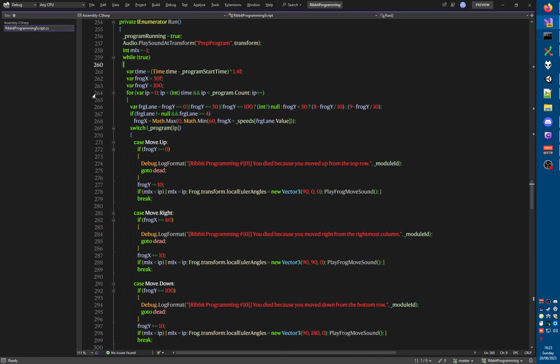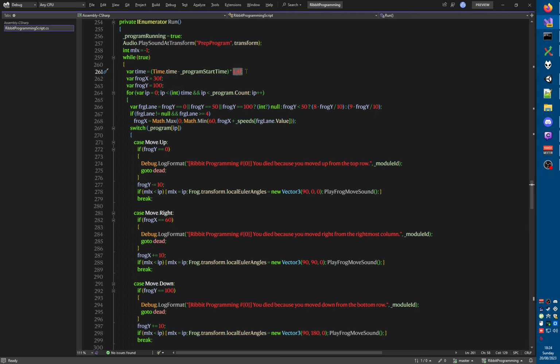And so you will notice that it runs through the frog program every single frame. For every frame, it tries to determine whether the frog is dead. And it will only go into as many instructions as the current time is, which,